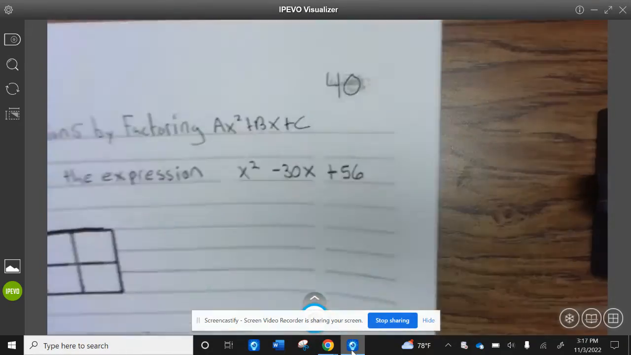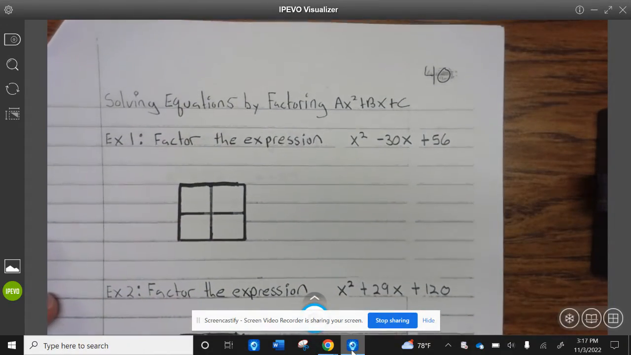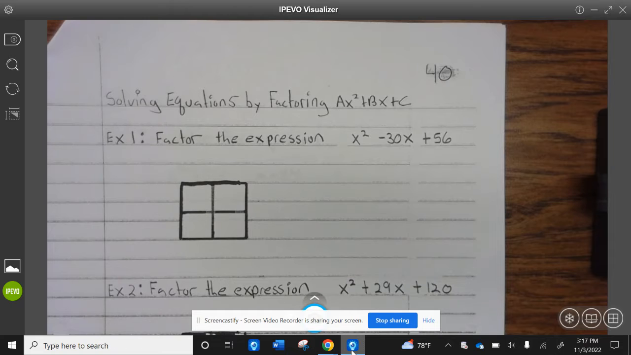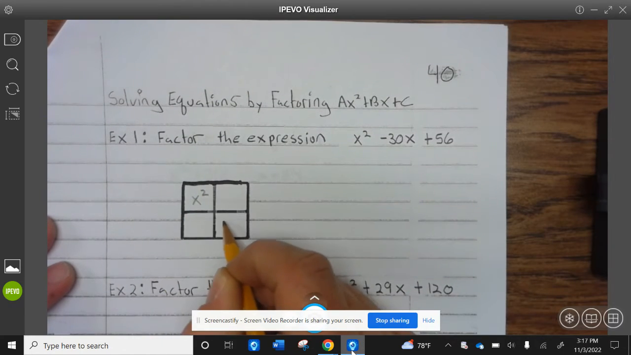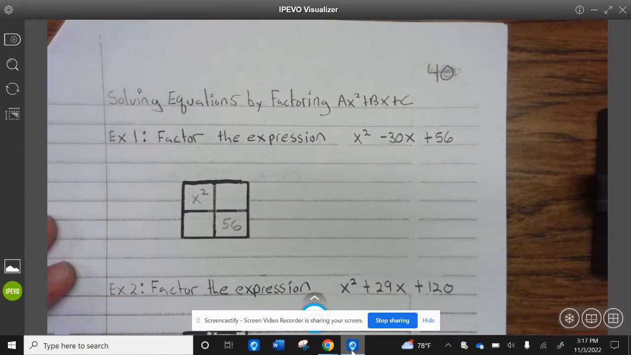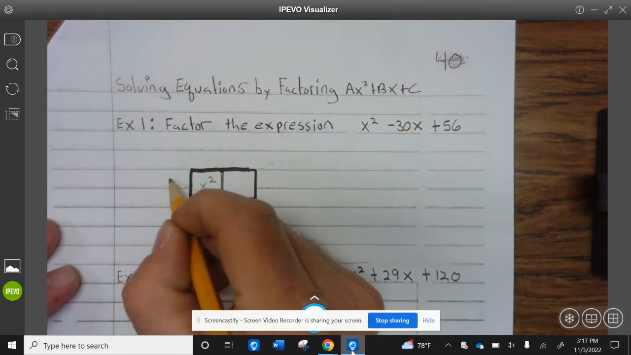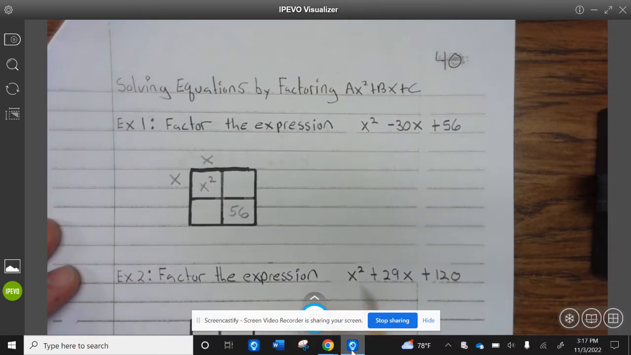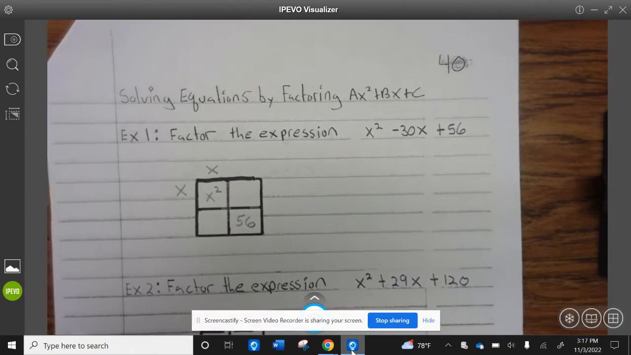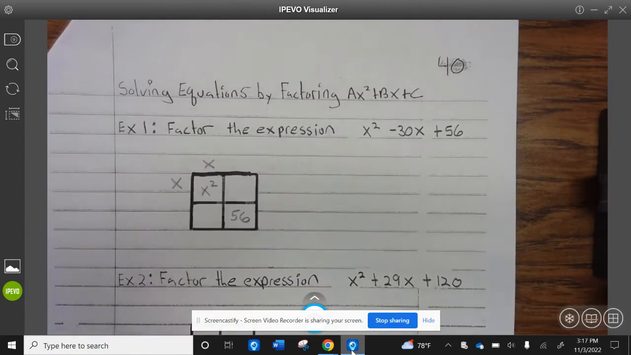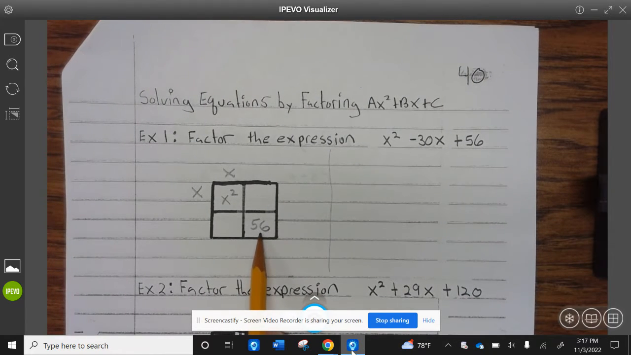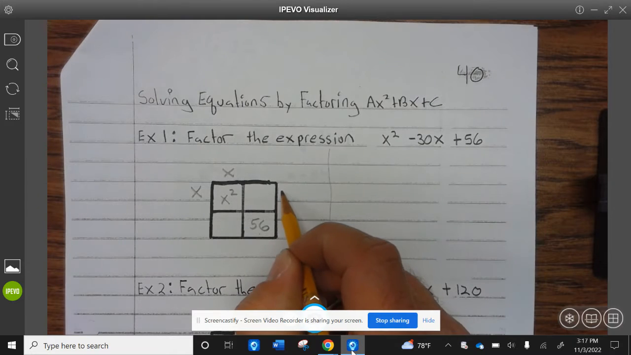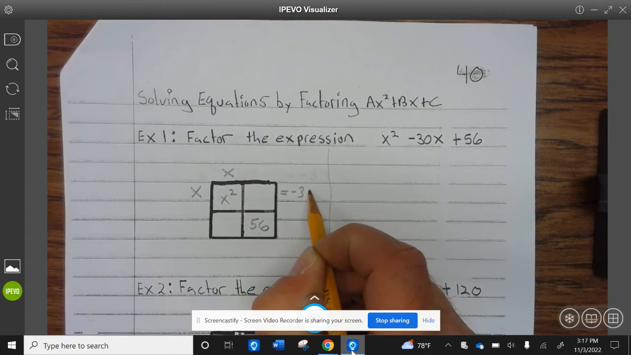All right, example 1, factor the expression x squared minus 30x plus 56. So first off, first term goes here, last term goes here. Now, to get x squared, we know that x times x gives you x squared, okay? Now, we need to find what numbers multiply to give you 56 and combine to be negative 30x,